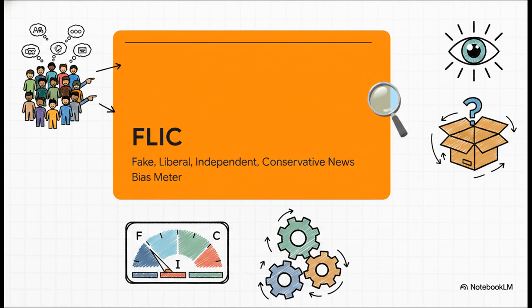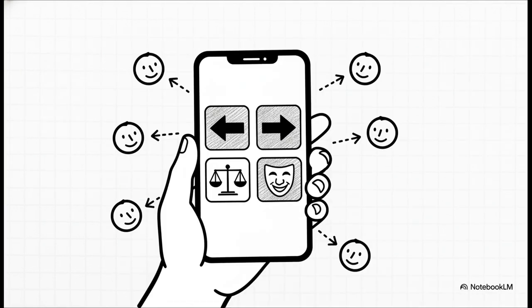And the absolutely most important thing to grasp, this isn't decided by some algorithm in a black box or a secret panel of editors. The meter relies entirely on community evaluation to function. Let's look at exactly how this voting system works. Underneath every single article in the feed, the community rating system gives users 4 distinct options. You can tag a story as liberal, conservative, independent, or fake news. This is exactly how the community actively categorizes the bias of every single piece of content flowing through the app.